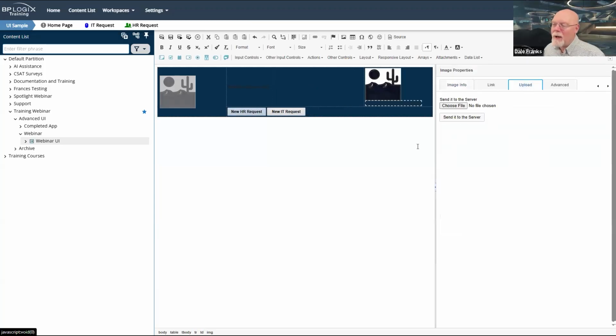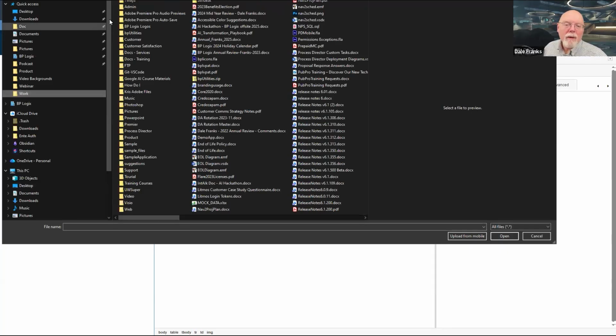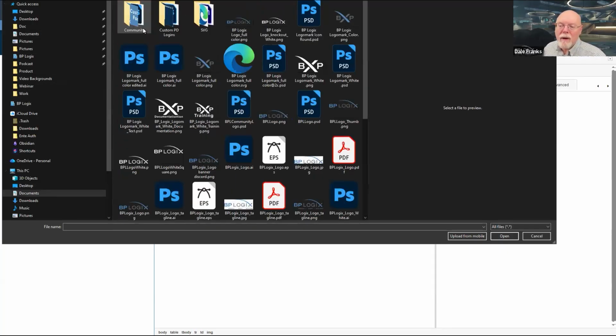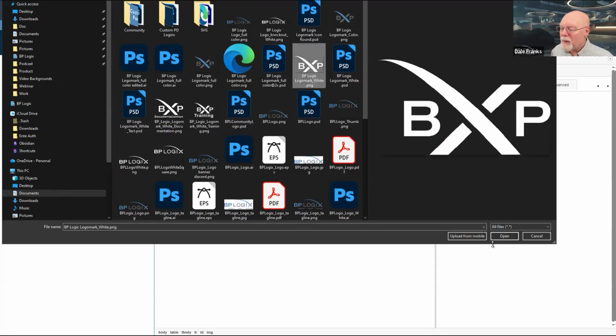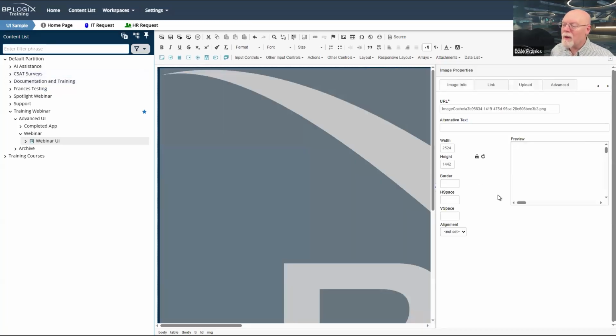And I'm just going to go ahead and upload a control there. So we'll go to work, BP Logix logos, and that is the logo mark I want to use. This beautiful white one there. I'm going to send it to the server.